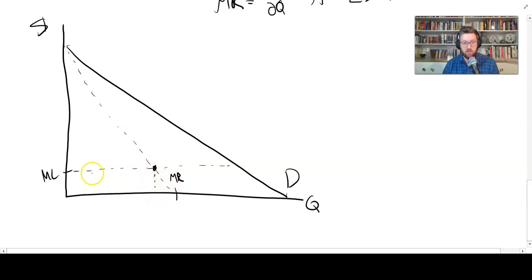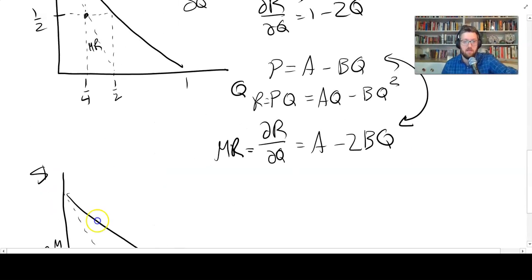So where marginal revenue crosses marginal cost, that tells me the quantity. I go up from there to the price, and that tells me basically a rough idea of what the price is going to be graphically in any model. So the last thing I want to talk about is, you can maybe see that the